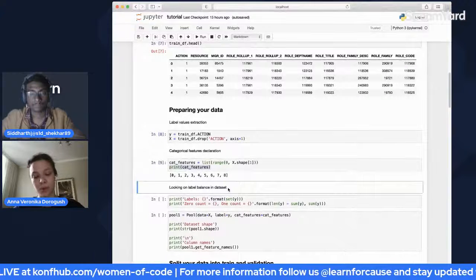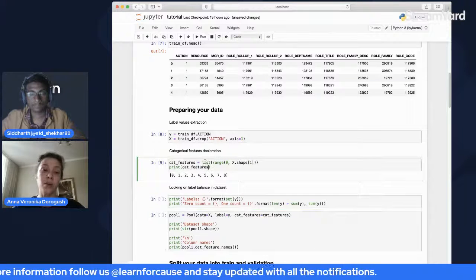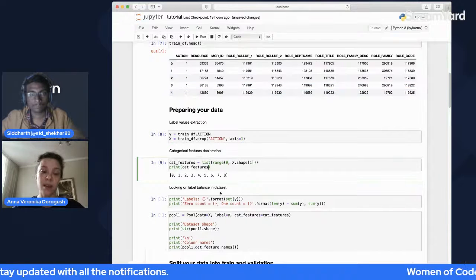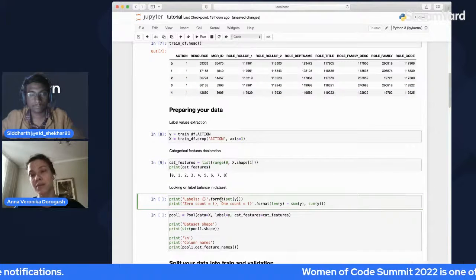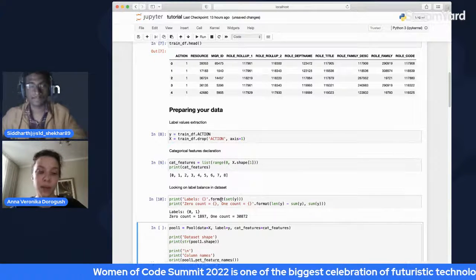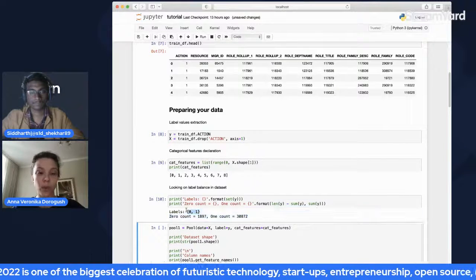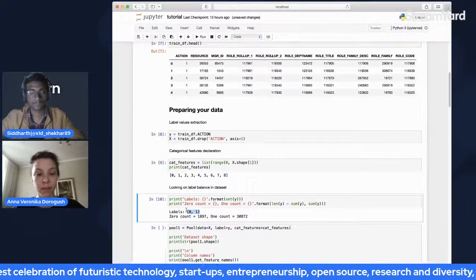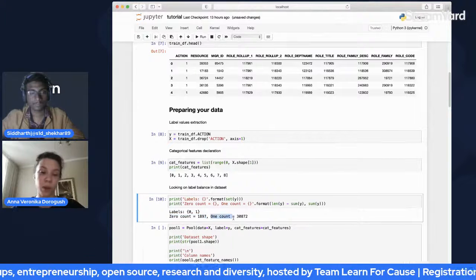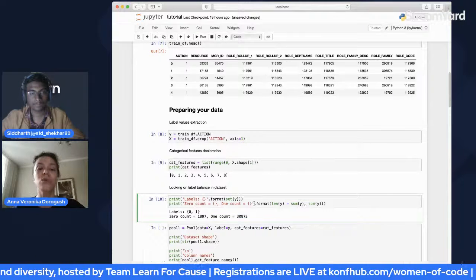Let's do another small thing that we should always do when we are solving classification problems. We are solving binary classification. The labels are zeros and ones. So it's usually good to look at the balance of the classes to see what labels we have and how many of them. We can see that in the whole dataset, we have only 2 labels, 0 and 1, and we have a small number of zeros and a big number of ones. That means that our dataset is imbalanced. It's good to know things like that.